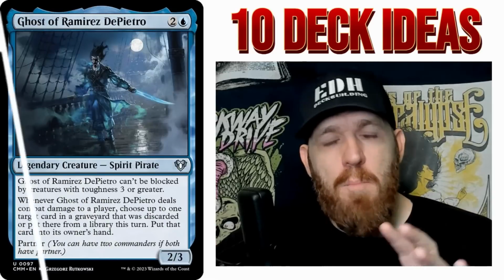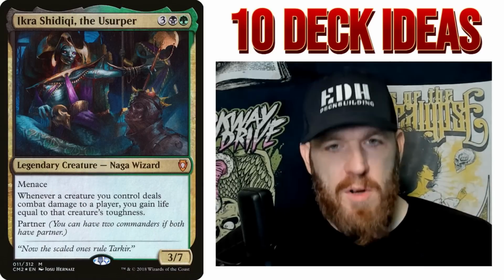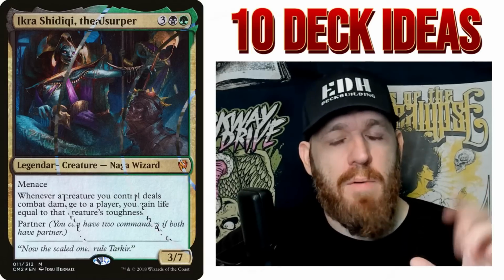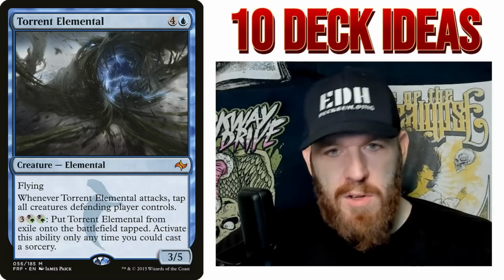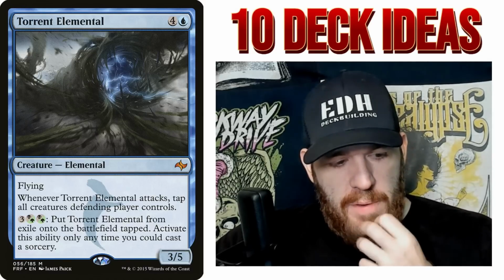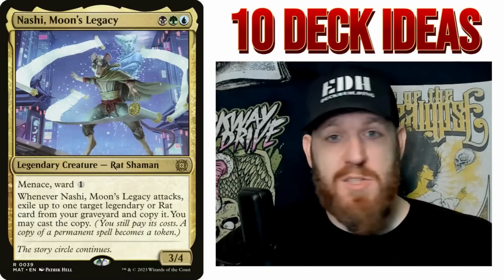And I talked about my Ghost of Ramirez DiPietro and Ikra Shidiki, where I'm finding partner commanders because I needed Sultai colors. Why did I need Sultai colors? Because I was building around Torrent Elemental. Torrent Elemental was the secret commander for that deck because I thought that was a great card to build around. The reason I chose those as the commanders, funny enough, is that I had Nashi originally as the commander for that deck